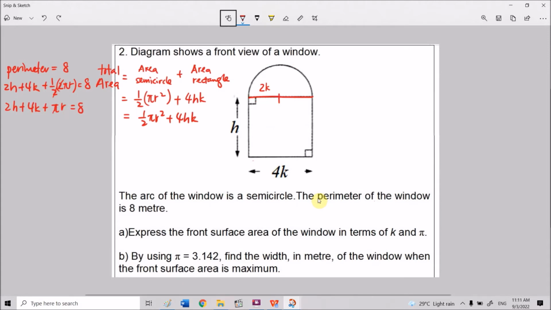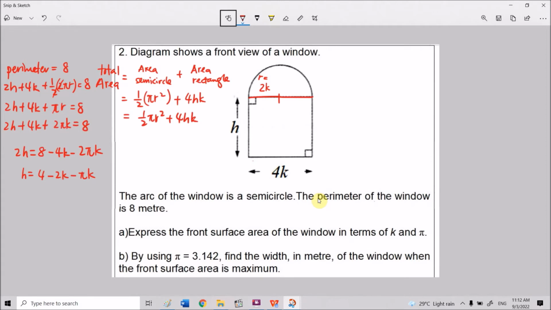As I already told you, the radius is half of the diameter. So this is the radius. So r equals 2k. So we are going to substitute the r here with 2k. So you get h. Since we are going to substitute the h with k, from here we try to write h in terms of k, so that we can substitute into the main equation. So I move all of this to the other side. I get 2h equals to